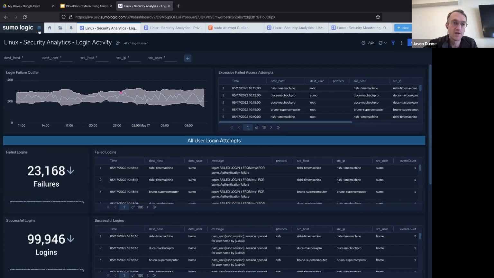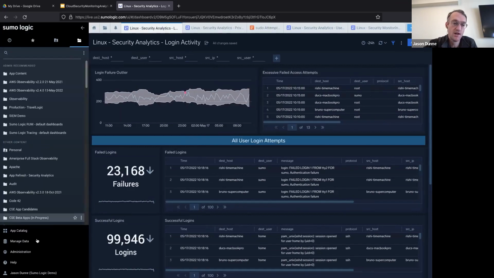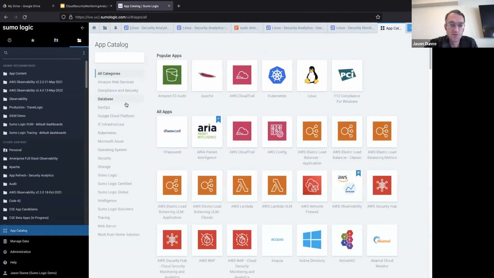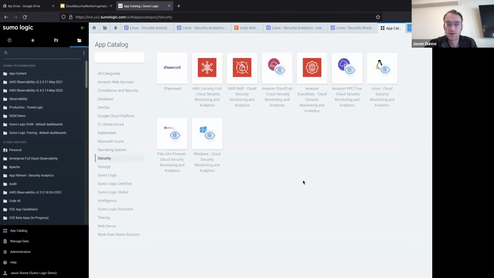So this is a really quick whirlwind tour of what it looks like to look at Linux security monitoring data, all the way down to security analytics data, and really getting into the visualizations that actually drive these. As we consider what's available in terms of cloud security monitoring and analytics, we now have a number